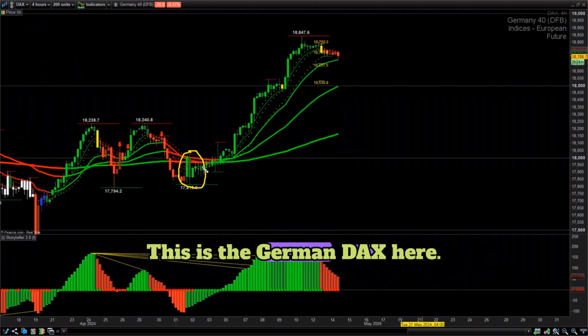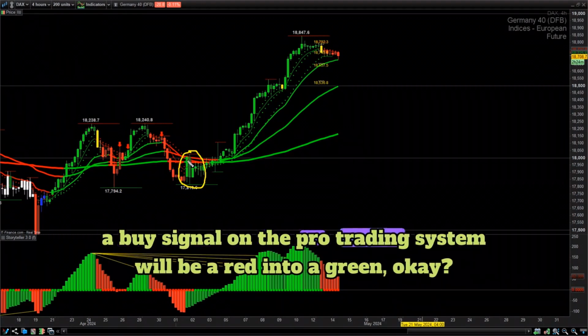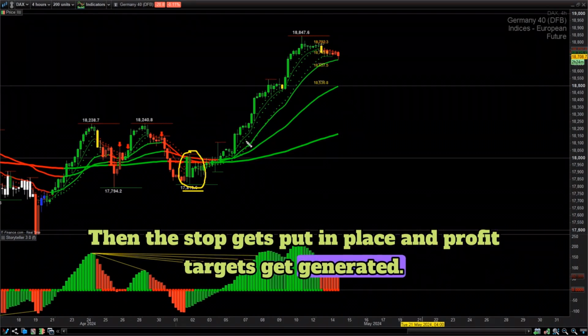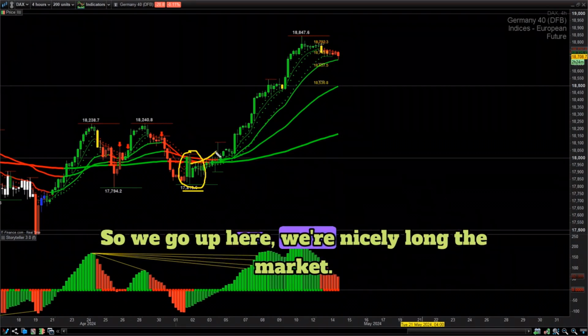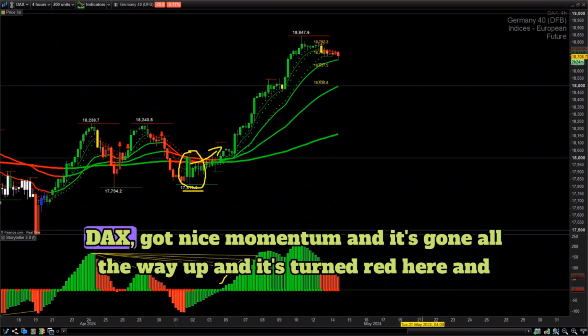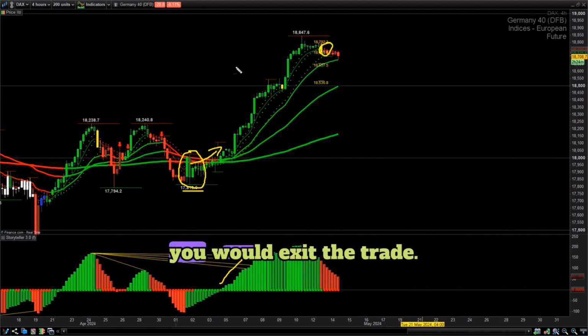This is the German DAX here. A buy signal on the Pro Trading system will be a red into a green. Then the stop gets put in place and profit targets get generated. So we go up here, we're nicely long the market. Now, trading college students would be long here and buying this market, the German DAX. Got nice momentum and it's gone all the way up and it's turned red here, and you would exit the